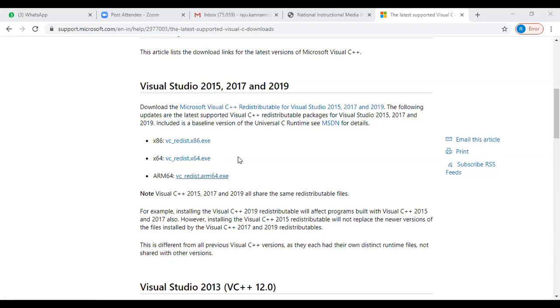So once this is installed, then you are ready to install MySQL on your computer. First step is .NET 4.5.2, right? Then the second step is the Visual C++ 2015, 17 and 19 package. Okay, then